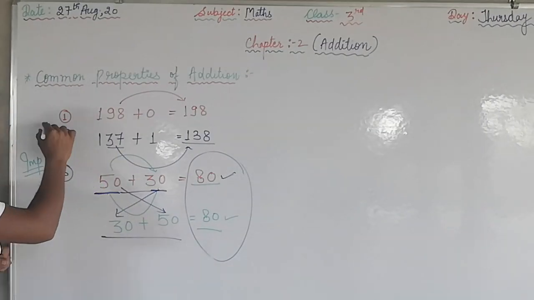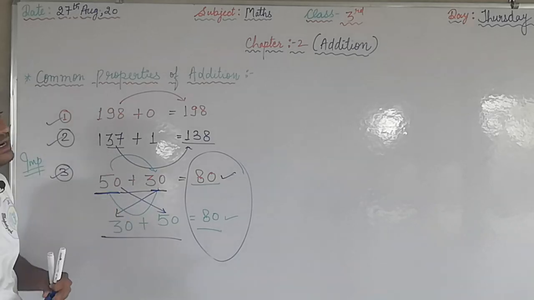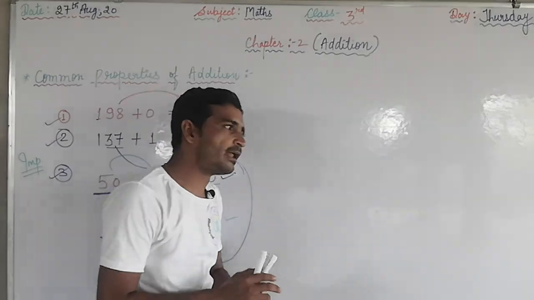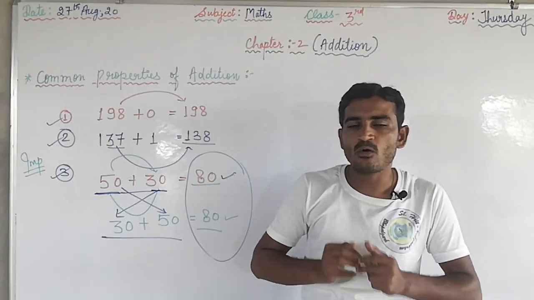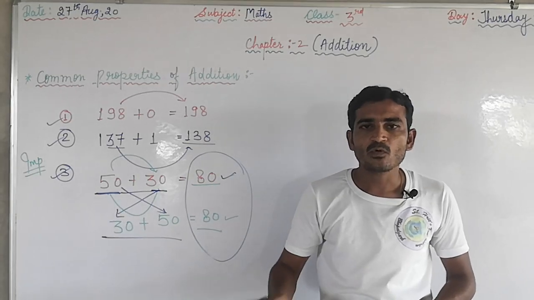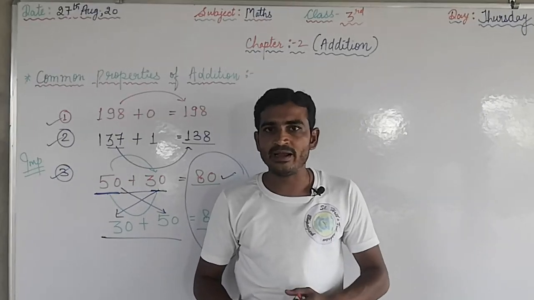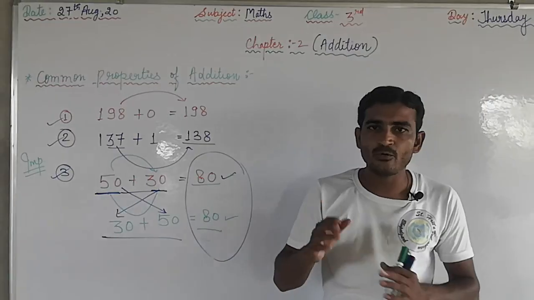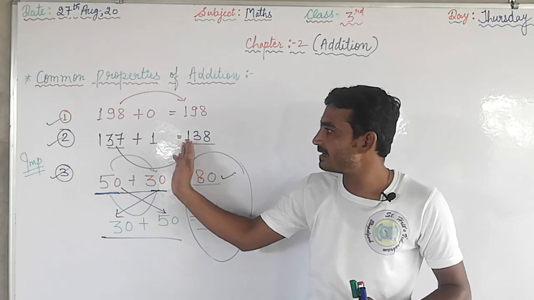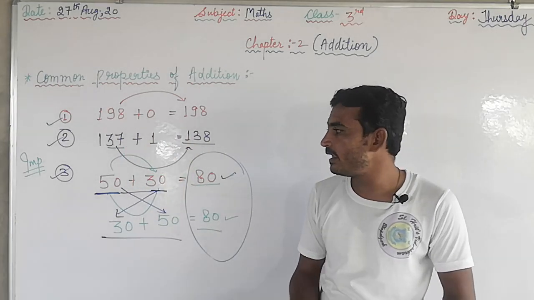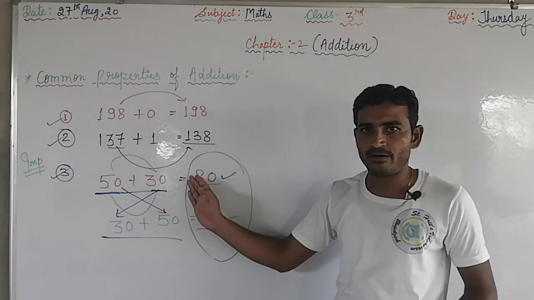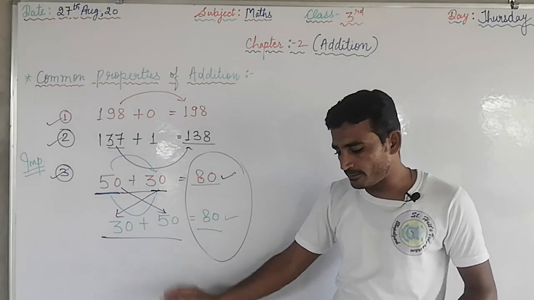So these are the three important properties of addition. So you have to remember this. The first property, I am going to revise one more time. If you add 0 to a number, what's the result? The number itself. Okay, next property, if you add 1 to the given number, then you get the next number of the given number. Next number आपको मिलेगा. Next, the third property, if you change the order of the numbers, the result will not be affected. The result will be the same in both cases.